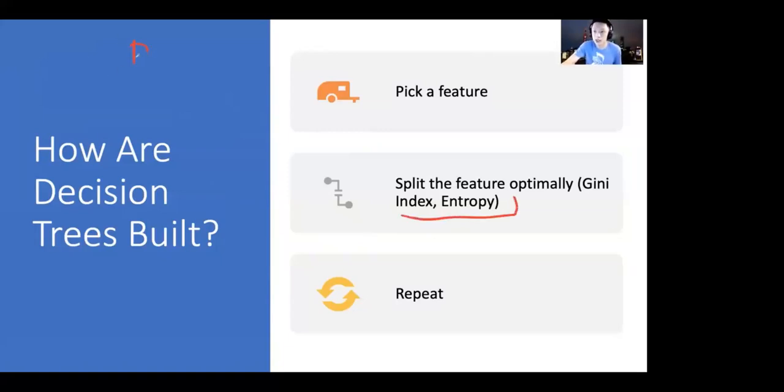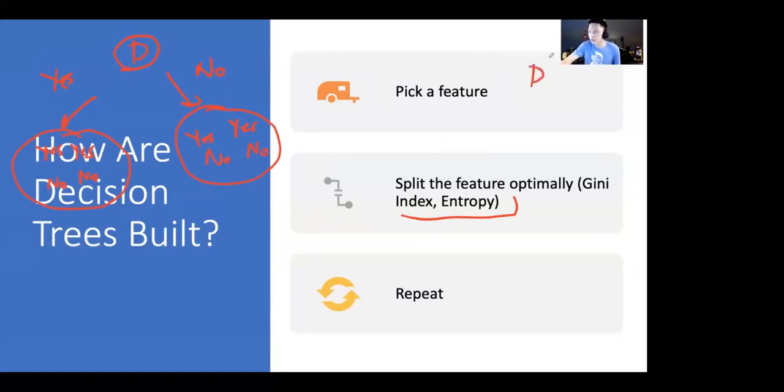That would be easy to understand, instead of a Gini index, which not everyone understands. So if you had a decision D and you had a yes and a no here, and on the left-hand side, you had a bunch of yeses and a bunch of no's, like a 50-50 split, this is very bad because when you split, you didn't really help yourself. You're still very confused. These buckets are all very mixed. This is a bad split.